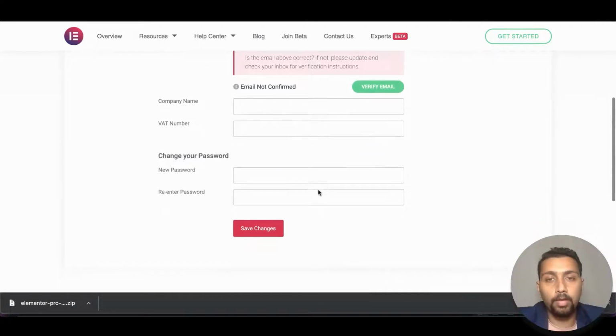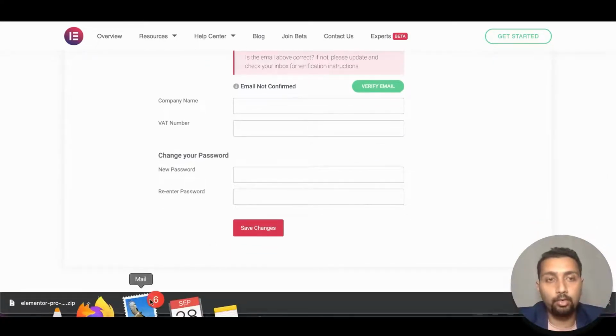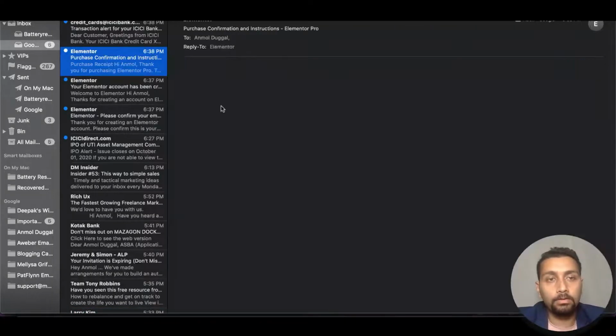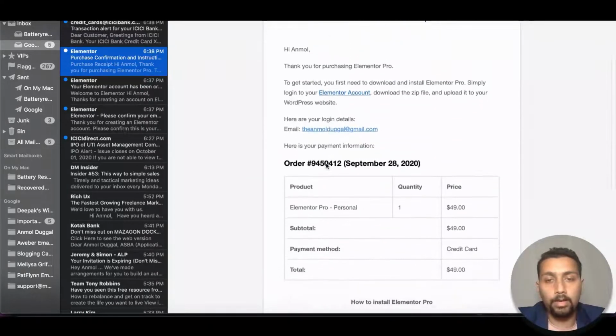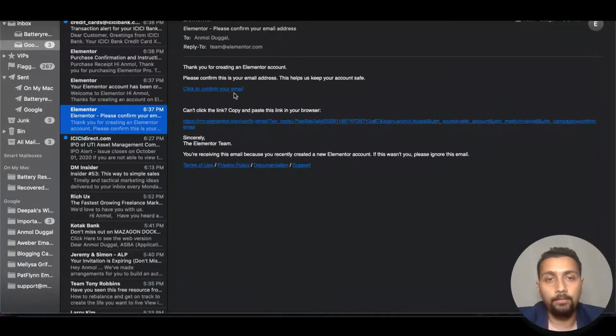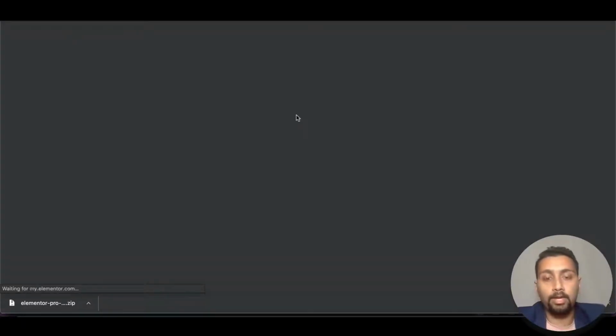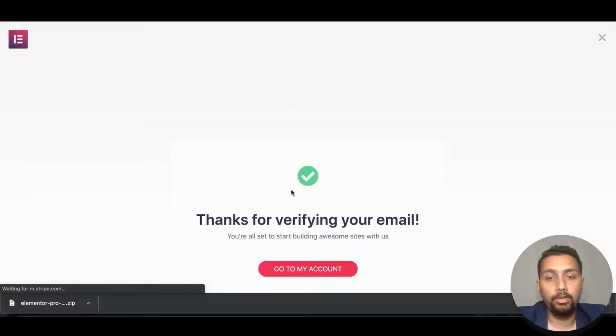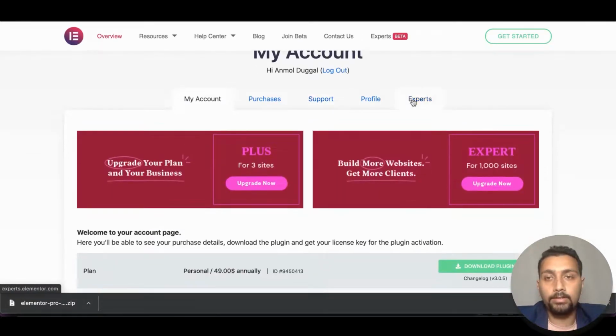So I have to verify an email as well. So let's just do that. Let's see, where is that email? Yeah, so it is here. I have to confirm my email by clicking on this link, and I guess it should be done now. Yes, my email has been verified. Let's go to my account, and I'm going to close this tab here, and we are set. So my profile is now validated, I guess.